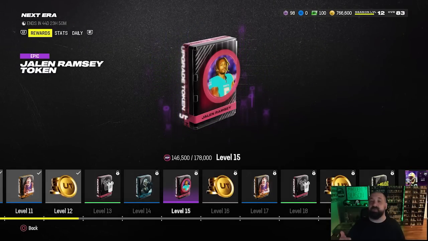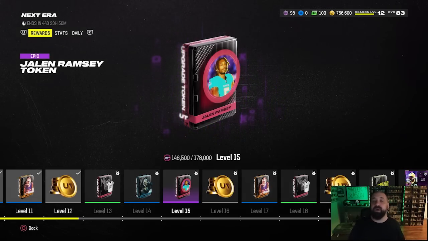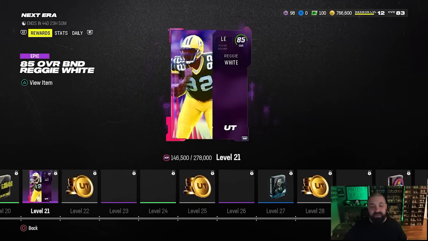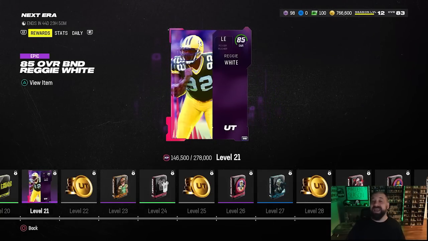You receive these Jalen Ramsey tokens. So every time you get one of these tokens, you're going to put it in the upgrade path of the 83 overall, and eventually when you get enough tokens, that will go all the way up to an 89 overall. At level 21, which I don't think is possible to earn just yet, you're going to receive an 85 overall